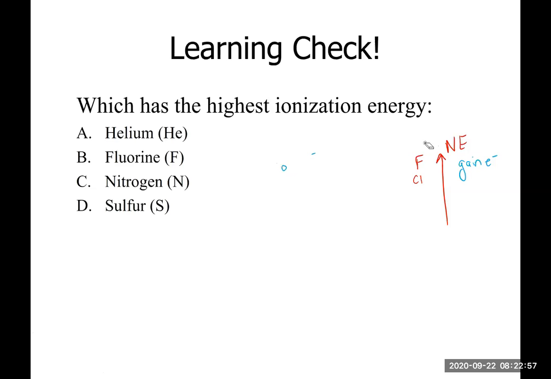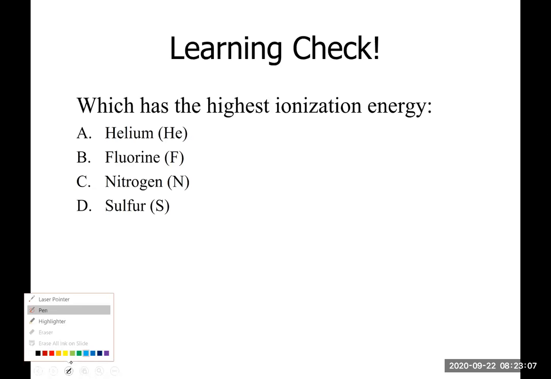So those species at the top of the periodic table or over on the right side of the periodic table are not going to be interested at all in giving up an electron. Let's think about writing some electron configurations and see why that is the case. If we write the electron configuration for fluorine, then fluorine has the core of helium,